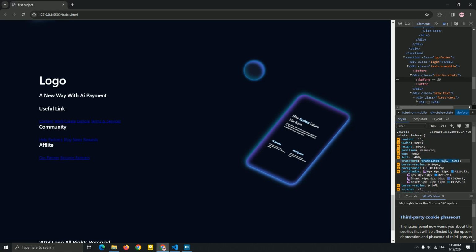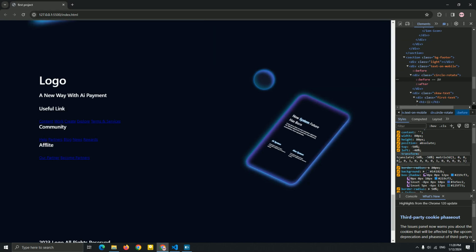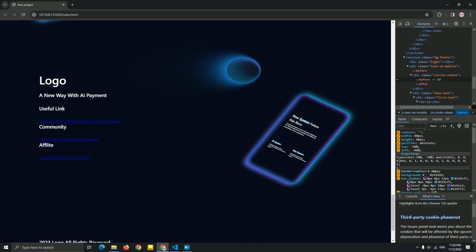Okay, let me just add it here to see what's the best matrix for this. So matrix 3D, the fourth number, I think. Let me see. Okay, this is the fourth number. There we go. Let me add 0. Yeah, this is good.